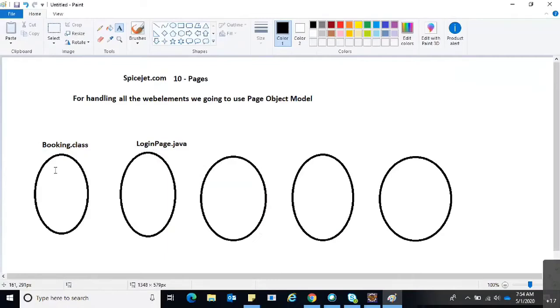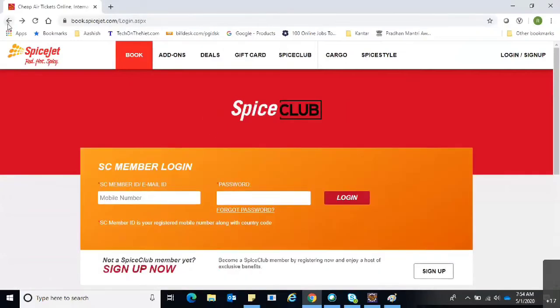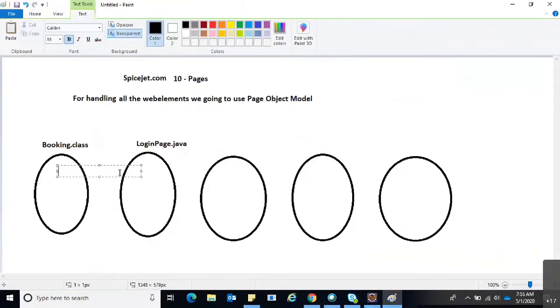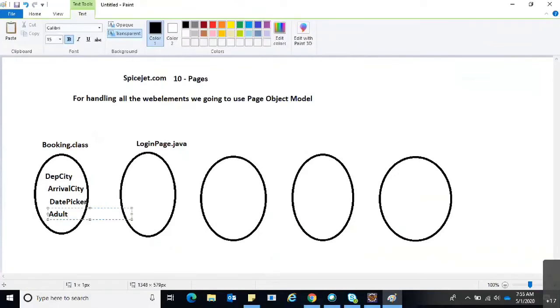Here, in this class file, I'm going to mention all the web elements, like departure city and arrival city, the date tickets, and adult, infant and child details.